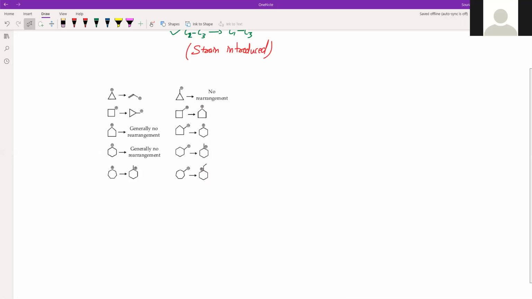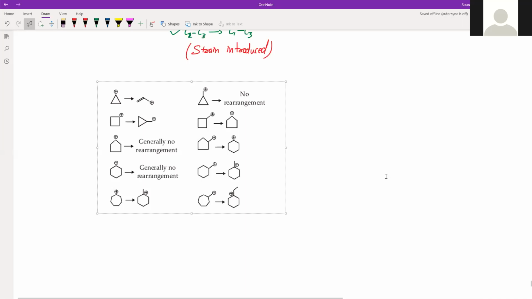Right? So here we have mainly focused on stability due to hyperconjugation and I effect. In most of the cases which we have seen, the examples were stability due to I effect, but there will be cases where you will get stability due to resonance or stability due to a plus M group present in the molecule, right? So all these things are also possible.